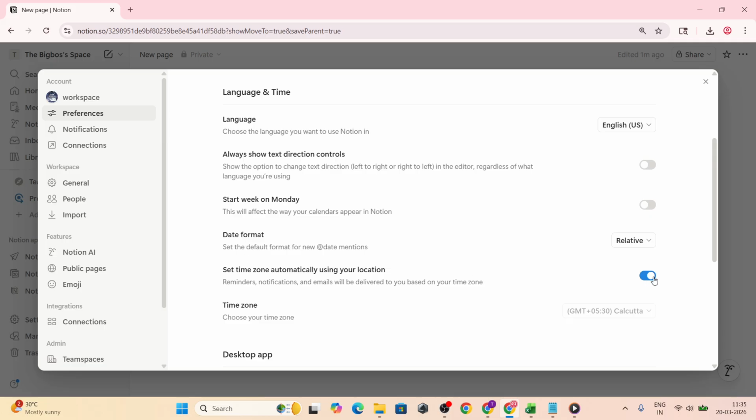With this enabled, Notion will follow your device's current location and system clock, which is perfect if you travel or switch between cities frequently. If your device asks for permission to determine time settings, make sure that's allowed. After toggling it on, give your page a quick refresh if needed, and your timelines, calendars, and reminders should adjust